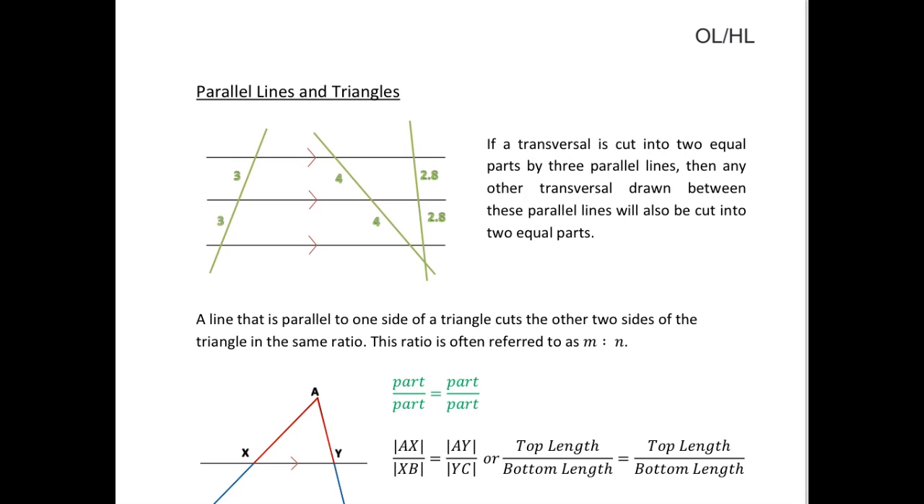But the important theorem we need to know here is that if a transversal is cut into two equal parts by three parallel lines, then any other transversal drawn between these parallel lines will also be cut into two equal parts. So in our example over here, if we first drew this line here, and we knew that the two lengths here